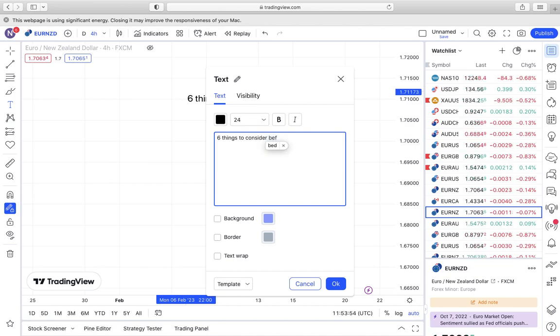before taking a trade. Let us put it that way. Before taking a trade, guys,